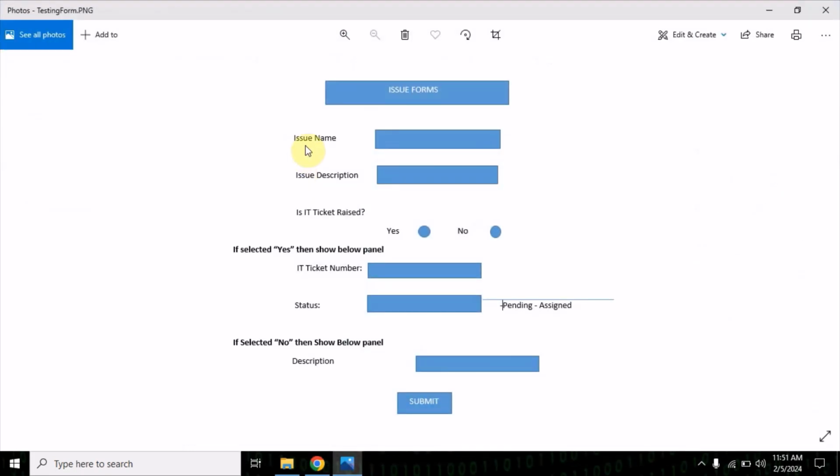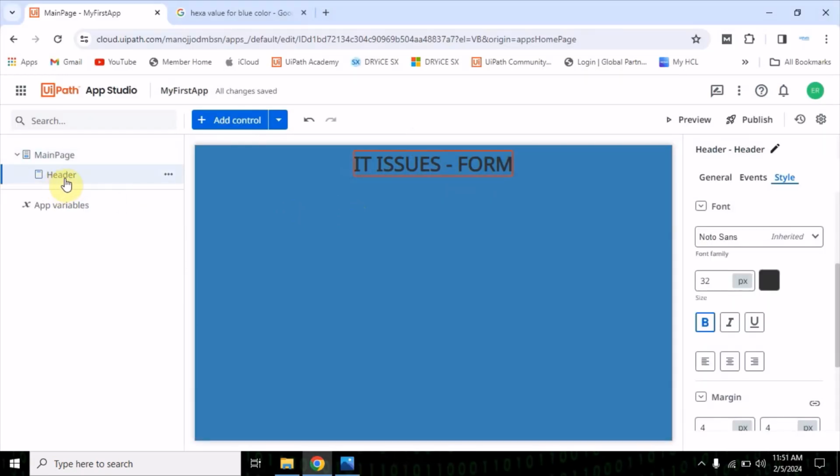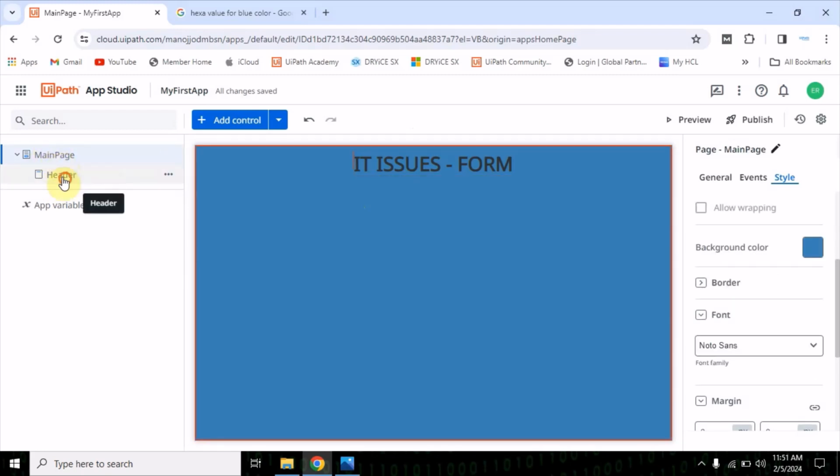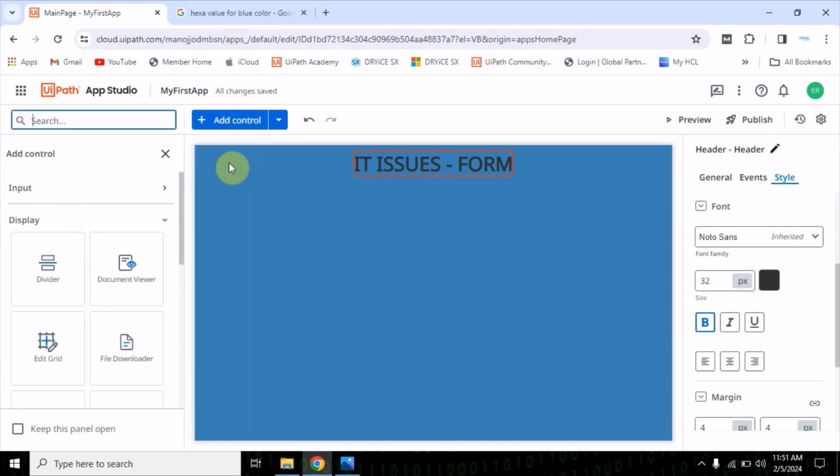Now the next thing is I want issue name and issue description text boxes. So this is the header here. You see in the main page itself we have header. Now you can see the hierarchy. Now if I click on control again